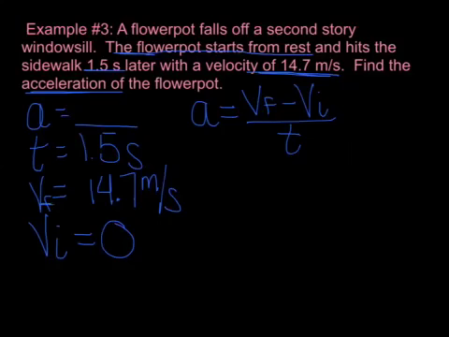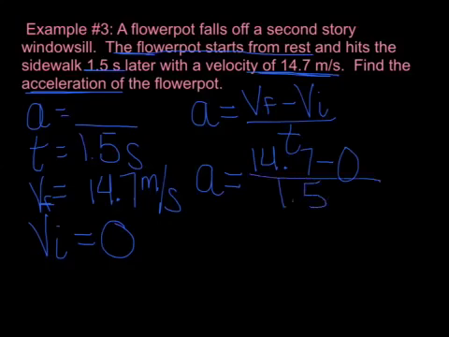Here is an equation I do not have to manipulate. Acceleration is my unknown, and this equation solves for acceleration. So I just insert my numbers. I have 14.7 minus 0 divided by 1.5. Obviously, 14.7 minus 0 is just 14.7. So in your calculator, you would put 14.7 divided by 1.5. When you do that, you get